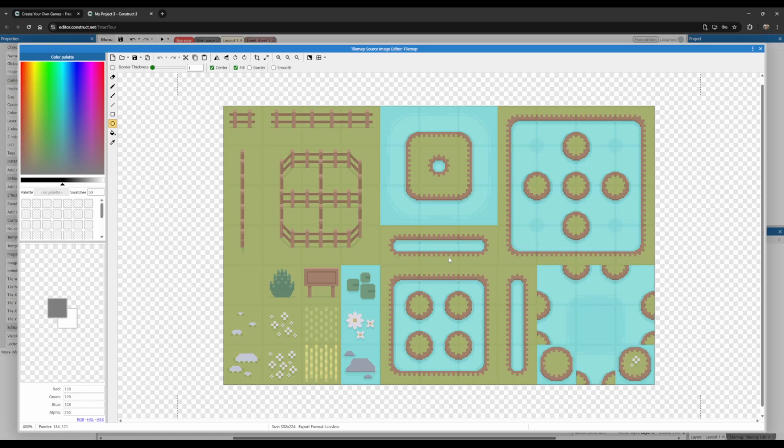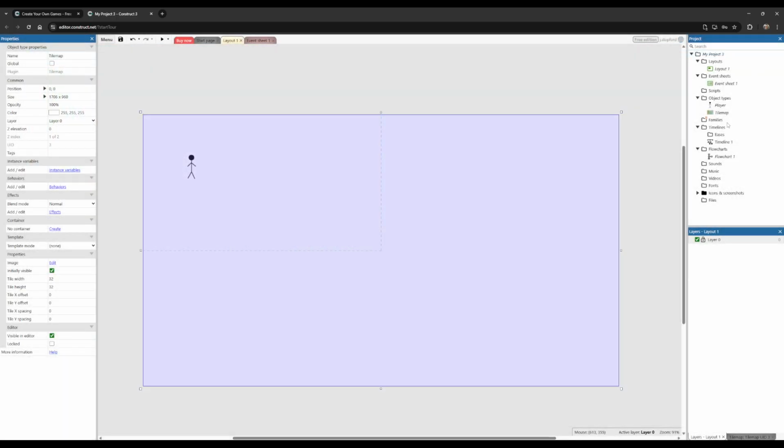This is like a default one that's provided by Construct. There are ones that you can find online, but for now I'm just going to stick with this one. And you can edit these tiles to change how they look in case you wanted to create your own tile map, but I'm not going to do anything right now. I'm just going to press X, get rid of it, and you'll see that my screen is now highlighted in